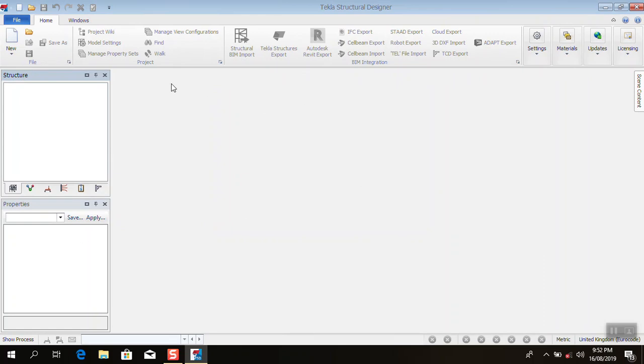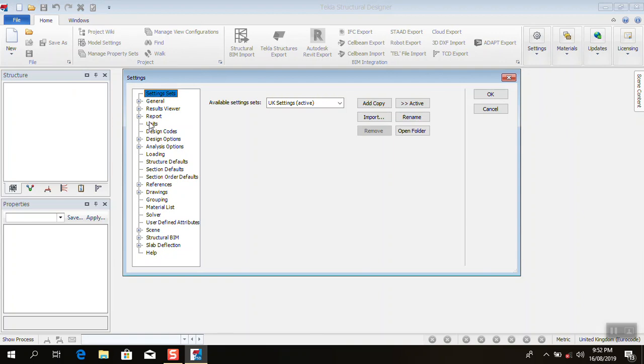Now for you to start your settings, these are settings, materials. If you want to update your software online, these are updates to check whether you have an update. This is the license we are using. Now we have settings here and we have settings in the other sites. Now our main concern here